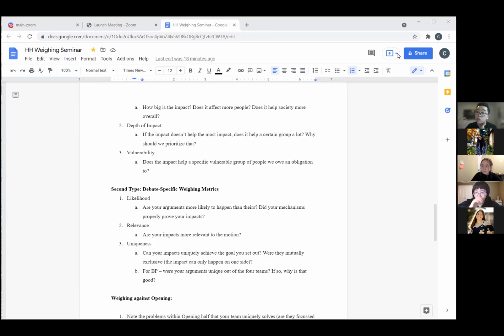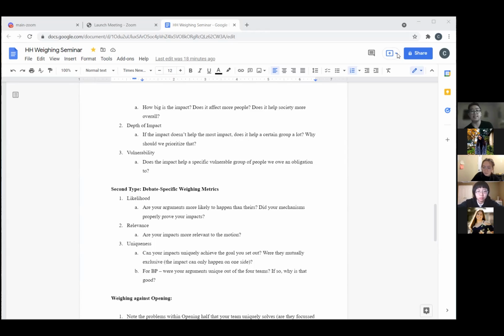So it's important to conclude your responses, maybe not saying that exactly because that seems a little bit weird, but making sure that it's very clear to the judge that you are winning on the metric of likelihood. The second is relevance. And this is what we oftentimes use whenever we are talking about the mutual exclusivity of an argument, right? When we prove that there is, that's uniqueness. Relevance is along that line as well, which is to prove that your argument is relevant to that debate.